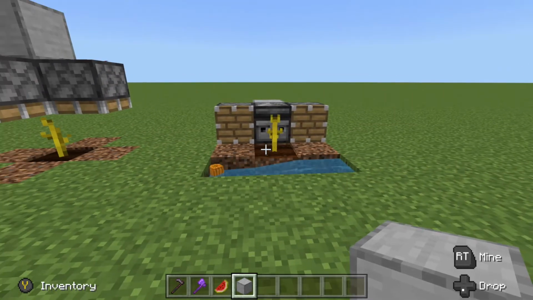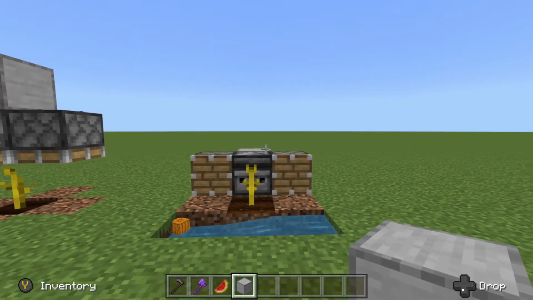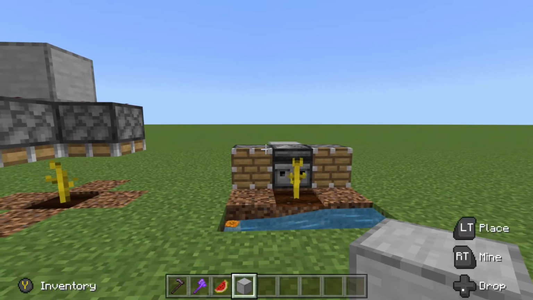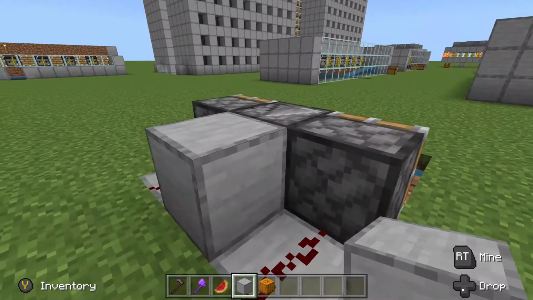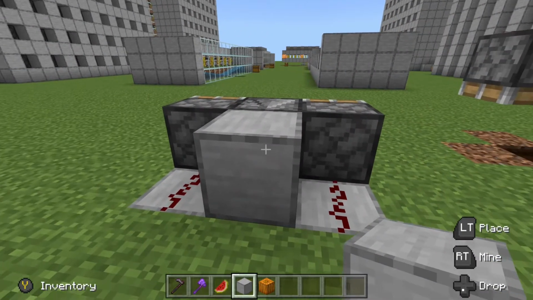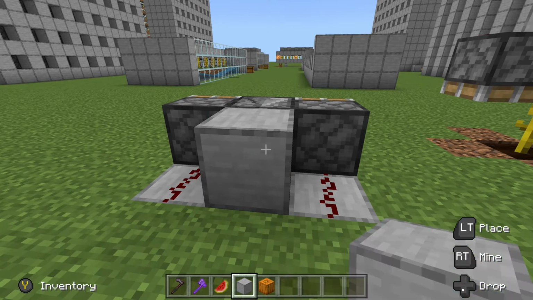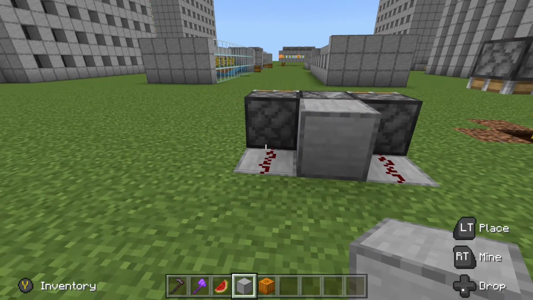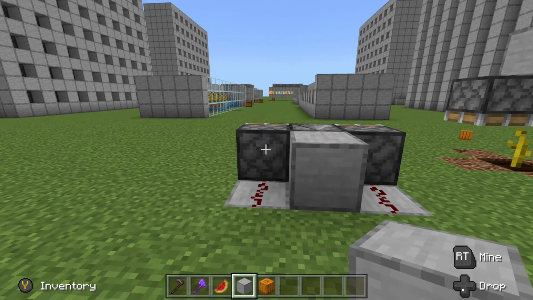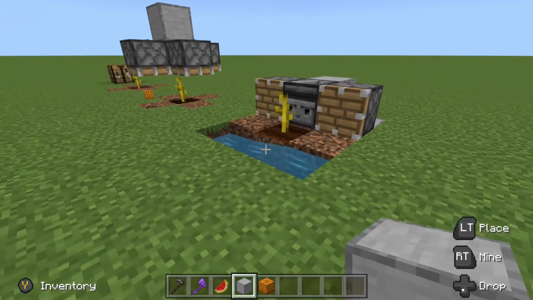A second method of building an automatic melon and pumpkin farm is to place the observer next to the plant instead of above it, and then have a piston on either side. If we take a look around the back, the same mechanic happens: when the observer notices the plant growing, it activates out the back into this block, which passively activates the redstone dust on either side, which turns on our pistons and knocks loose the pumpkin or melon depending on whether it grew to the left or to the